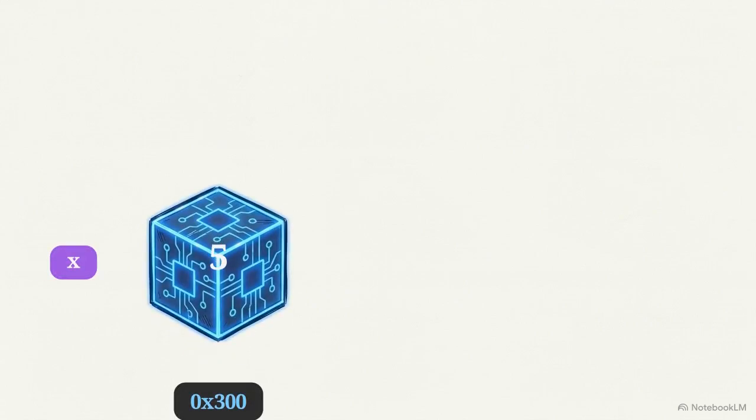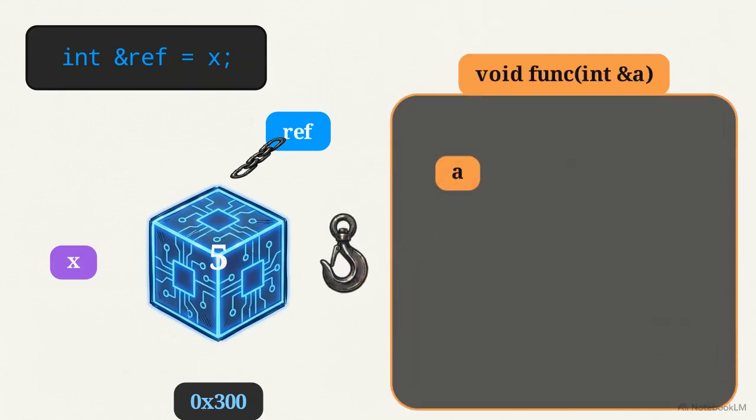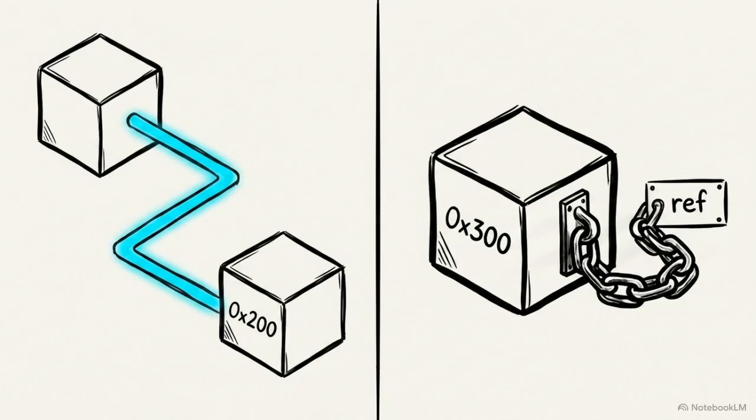At address 300, the ampersand reference operator attaches a heavy chain and label directly to the existing box, creating an alias. Passing variables by reference lets functions hook the original data. This guarantees null safety and avoids massive copying speed penalties. So, pointers give you raw control by building distinct paths, while references guarantee safety and speed by chaining directly to